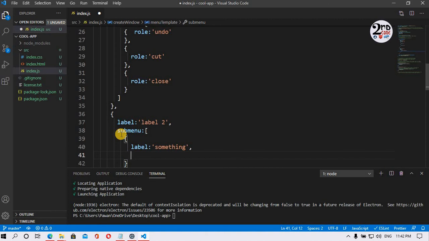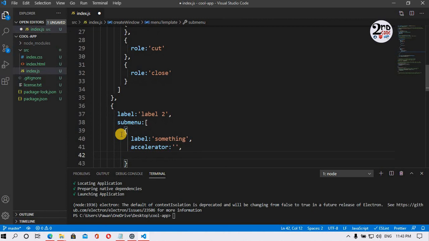If you don't define an accelerator, it will show nothing on the menu. I will show you how it looks, both with the accelerator and without. Accelerator is simply the shortcut command given to the label, and at last we have to write our role. Role is what the item has to do, and the label name you can change. For now I'm writing something the same.